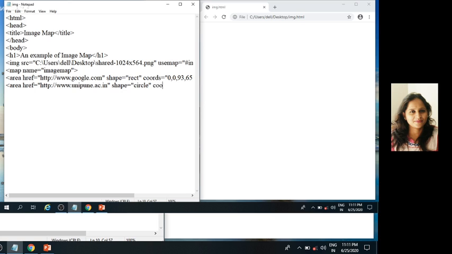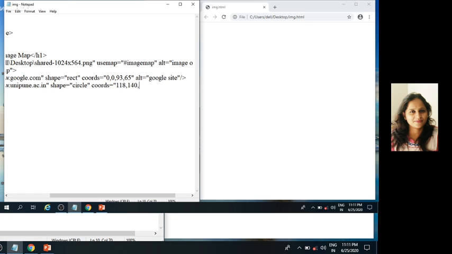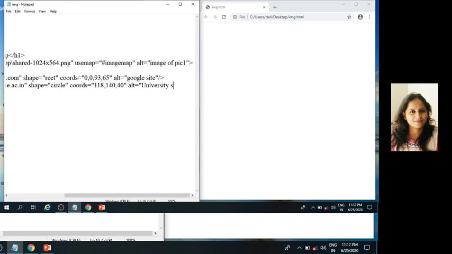Coords is equal to 118, 140 and 40. Here we define shape circle for the university website. Alt is equal to university site.